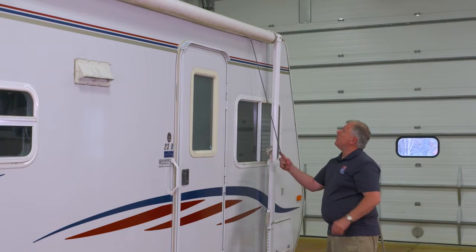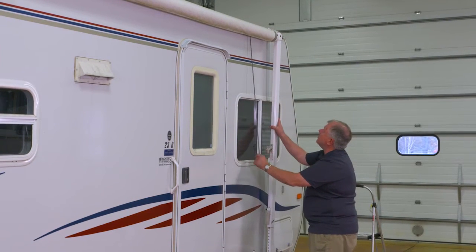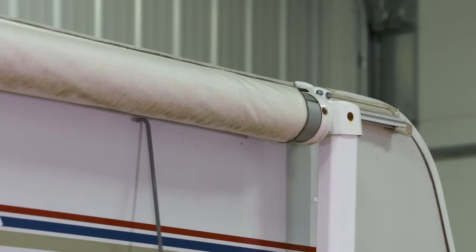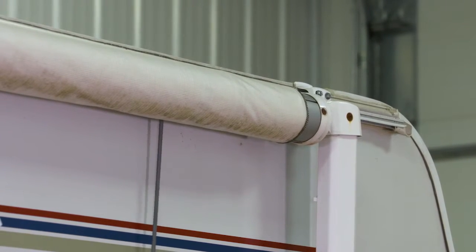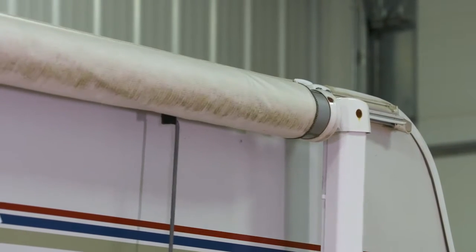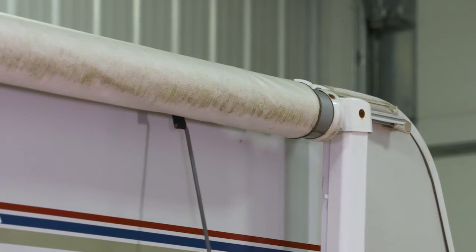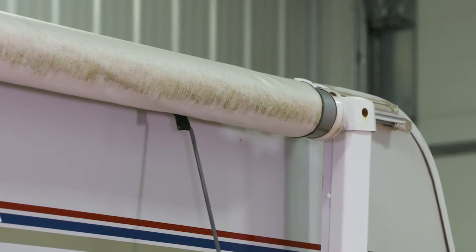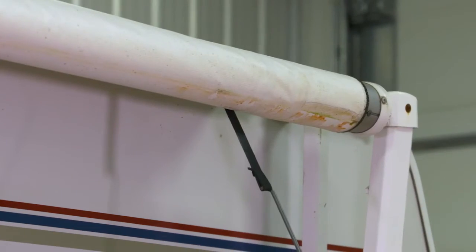So one other thing we did see with this one here is we have a little bit of an alignment issue up here. It's got a little bit of a catch. And so I'm going to put this back up, and we'll notice that when we bring this out, you hear it starting to squeak. So rather than pull that strap really hard and possibly break it, I just want to get it started so that I don't have that issue. So now when we pull it out,